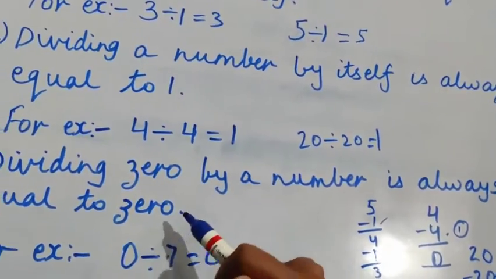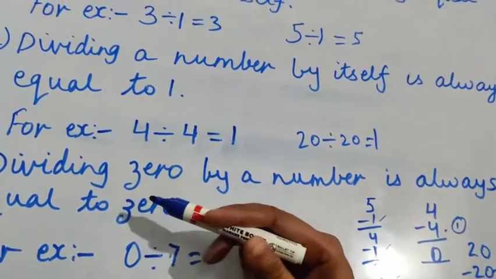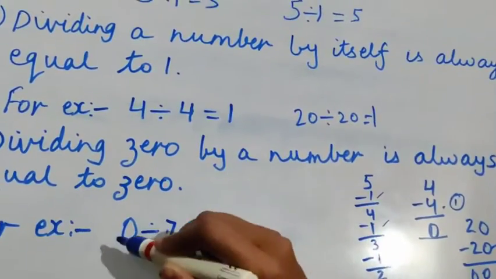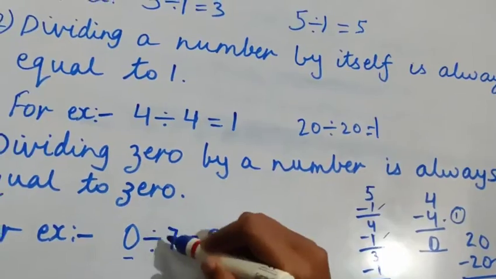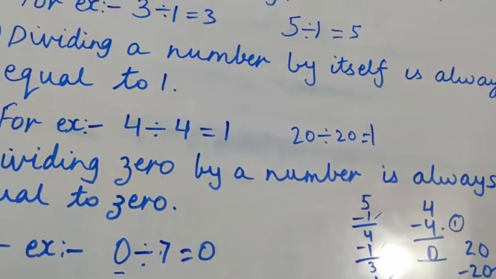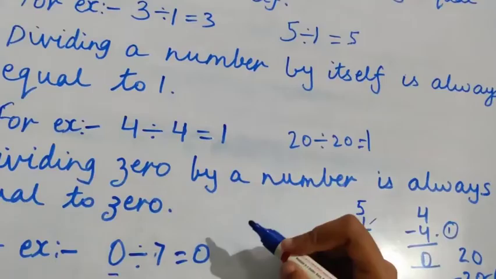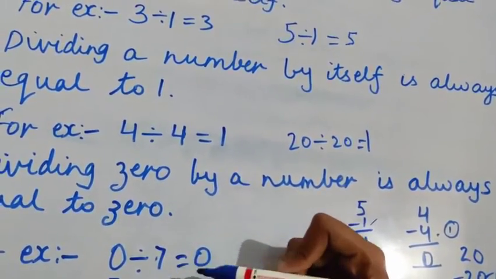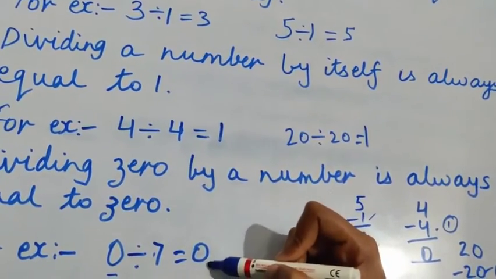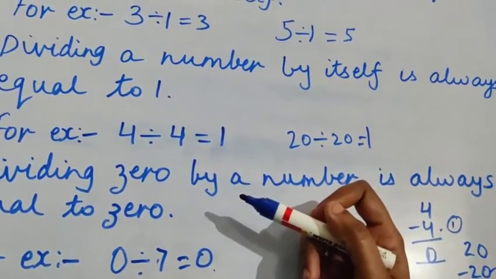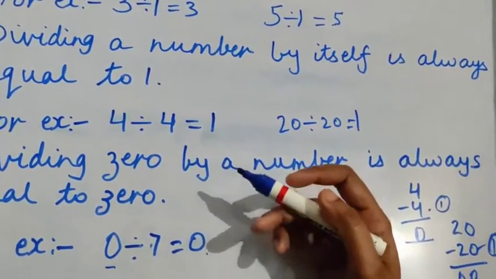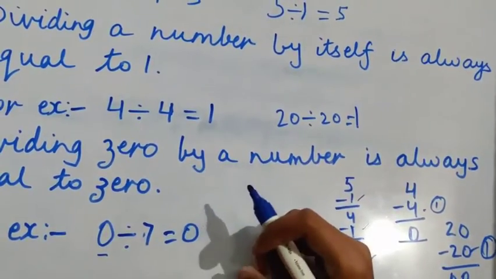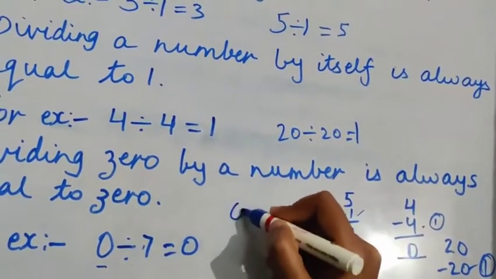Okay, now next property is that whenever we divide 0 by a number, it is always equal to 0. जब कभी हम 0 को किसी भी नंबर से डिवाइड करते हैं तो हमारे पास आंसर 0 ही आता है ना. Right, so now let's see what is our fourth property. But before that, I would just give you more examples of this. Suppose that if I divide